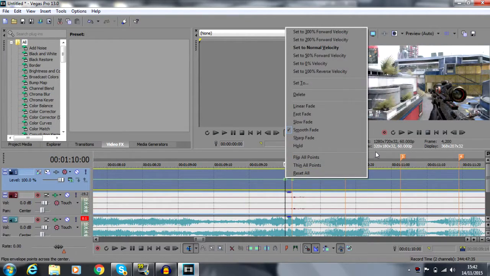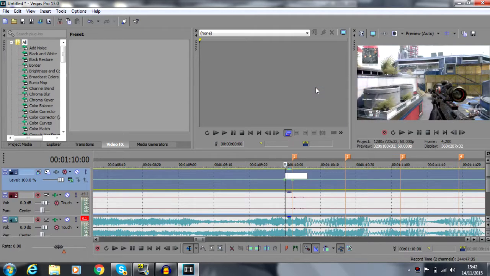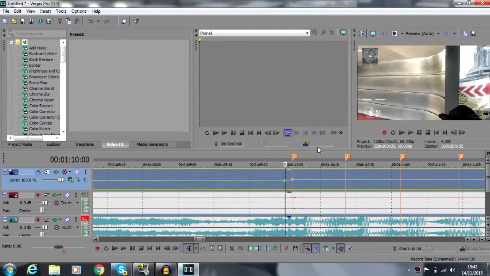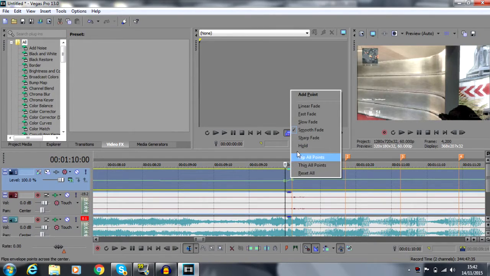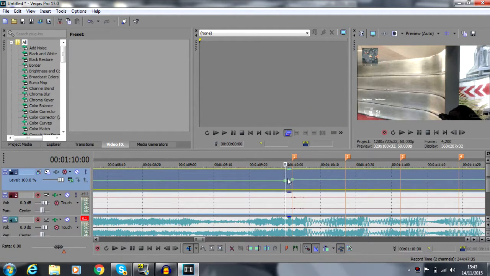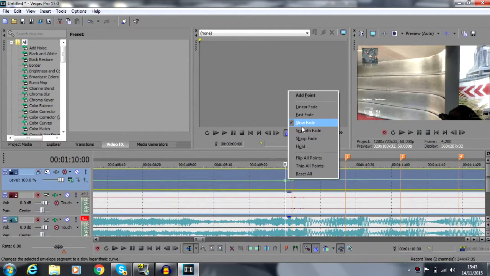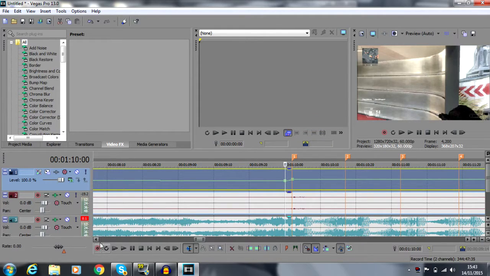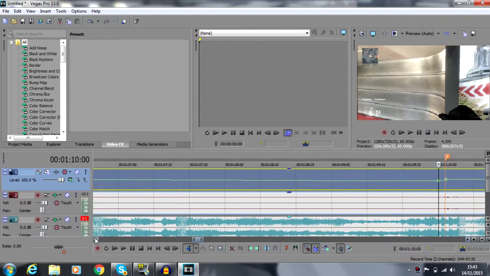And I recommend putting it down to, so we're gonna set this to a nice 70%. And what else you can do is add fades. Now I recommend from fast to slow fades, never slow to fast. Maybe fast to smooth on occasions, whether it looks nice or not, but never slow to fast. That's one thing you should never do, in my opinion. So we're gonna do a fast to slow fade, or is it slow to fast? Yes, fast to slow fade. I'm going crazy if I get this wrong. So yeah,